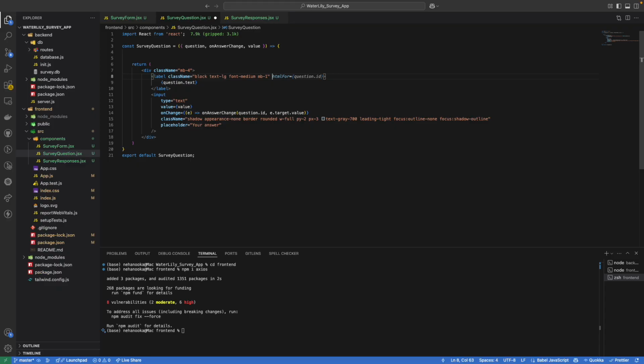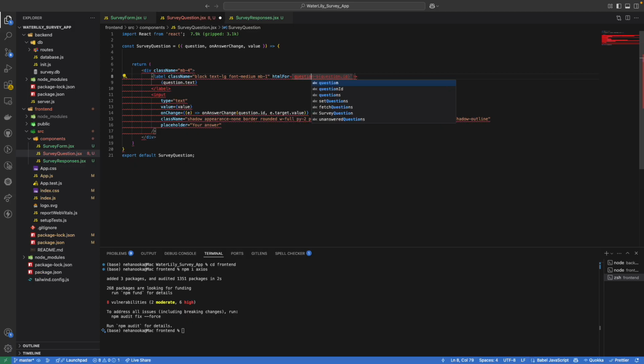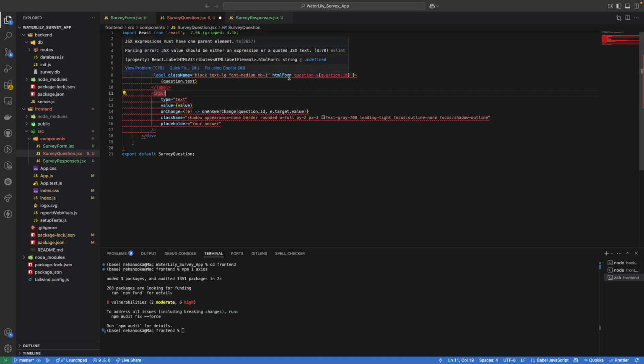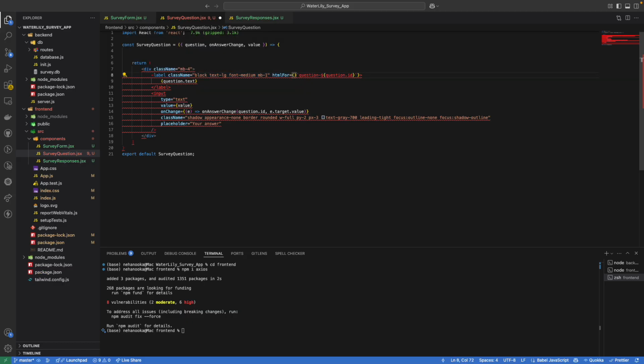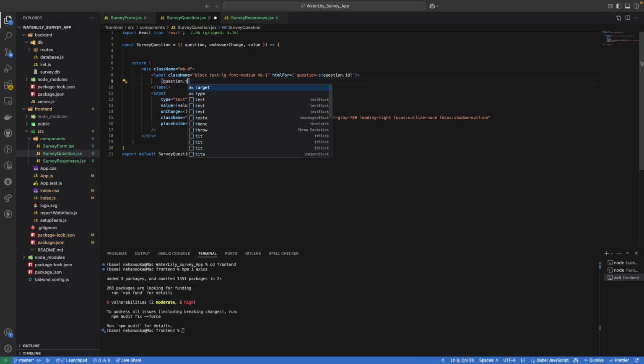Then let's have htmlFor, and we can say question id. htmlFor is equals to question id, and then we can have the question dot title, which is the title of the question. Then we can have a